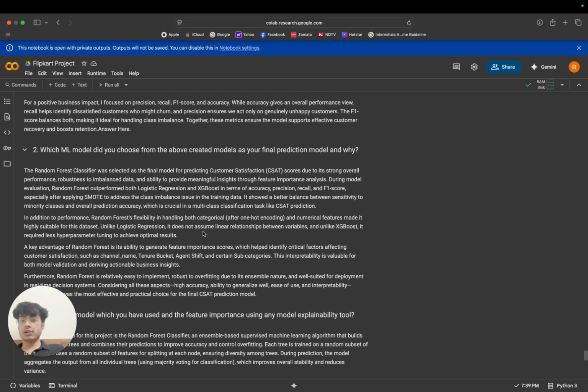So the random forest classifier was selected as the final model for predicting customer satisfaction score due to its strong overall performance, robustness to imbalanced data, and ability to provide meaningful insights through feature importance analysis. During model evaluation, random forest outperformed both logistic regression and XGBoost in terms of accuracy, precision, recall, and F1 score. Especially after applying SMOTE to address the class imbalance issue in the training data, it showed a better balance between